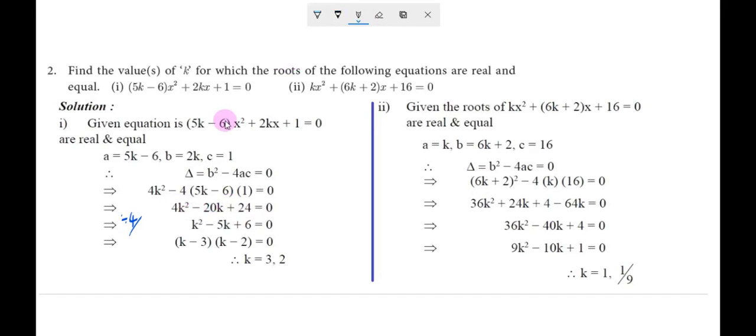Okay, let us check it now. So by 4 I apply, there also by 4. 4 4 cancel, so k square. Now apply the 4 table. 4 1s are 4, 4 5s are 20, so minus 5k. 4 1s are 4, 4 6s are 24, 24 there, so that is equal to 0. So k square minus 5k plus 6 equal to 0. Okay, it is a quadratic equation, right? Now apply the t method.